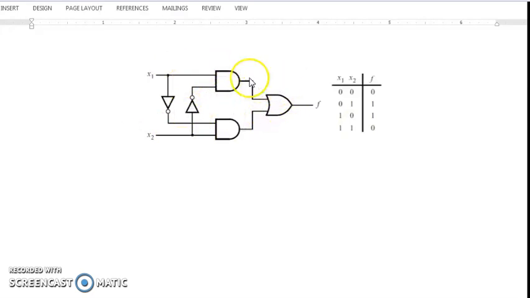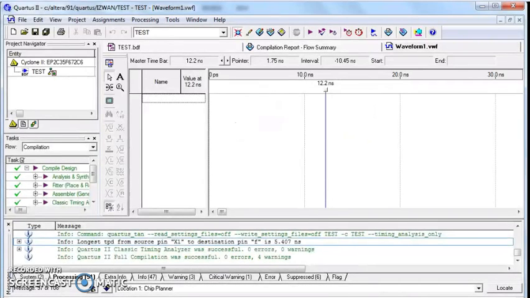You have drawn this circuit, and you just want to make sure this table is proven with the circuit that you created just now. So this is where it will be proven. Now to obtain the input and output ports that you have used just now, which are X1, X2 and F,